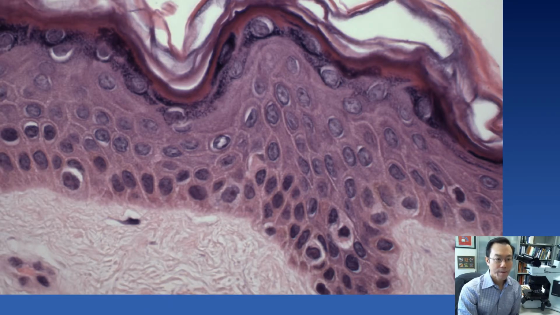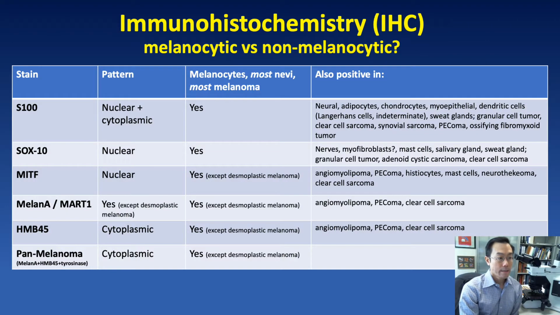Of course, in real life, it's not always that straightforward. And so here's another image that I'll leave for your independent study. But I would submit that this one's a little trickier to distinguish a melanocyte from a keratinocyte. And so, in the minority of instances where one cannot be certain one is looking at a melanocyte at the level of H&E, there are a variety of immunohistochemical stains that can be used to facilitate the confirmation of melanocytic